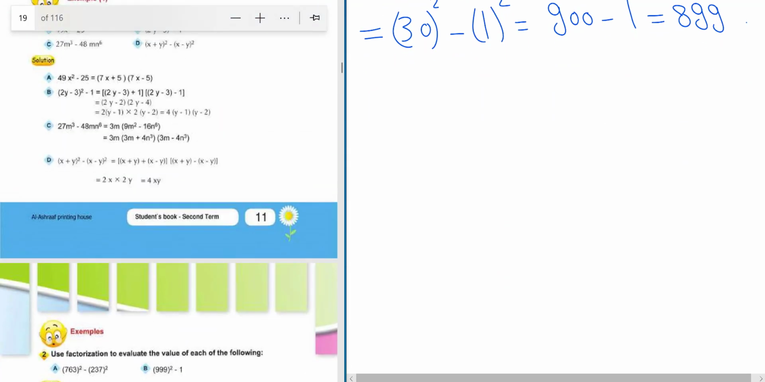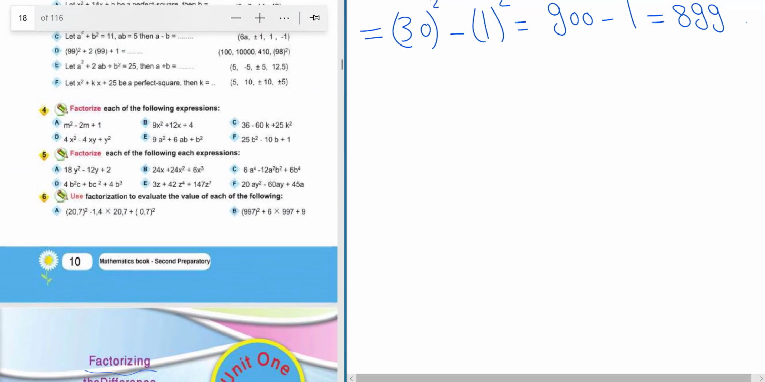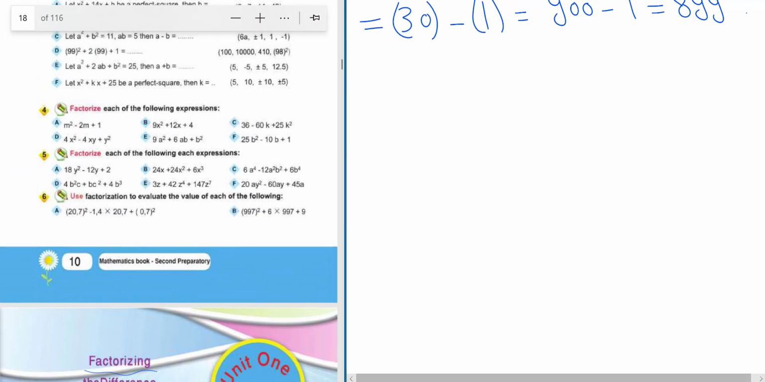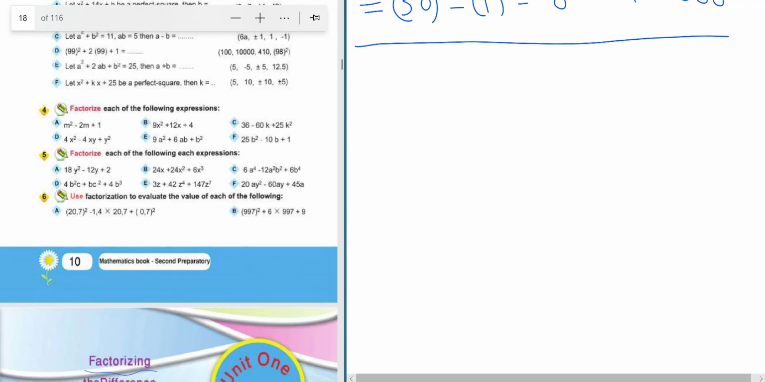Let me take an example from the previous lesson to evaluate the value of a number. Use factorizing to evaluate the value of each of the following. Let me take number b. 997 power 2 plus 6 times